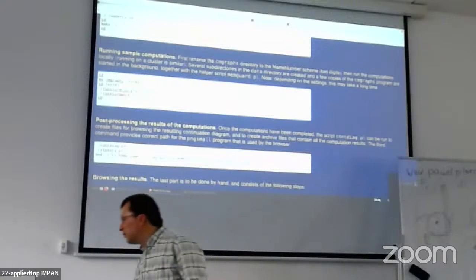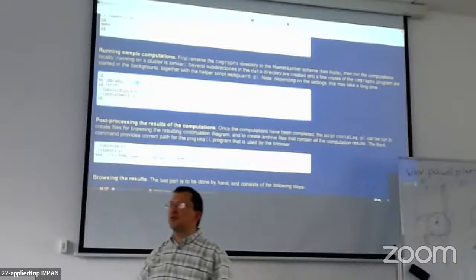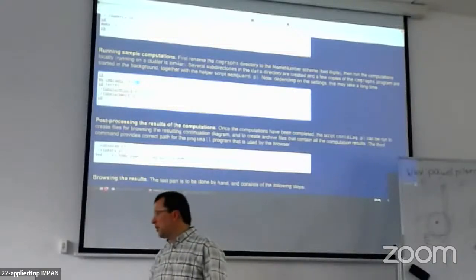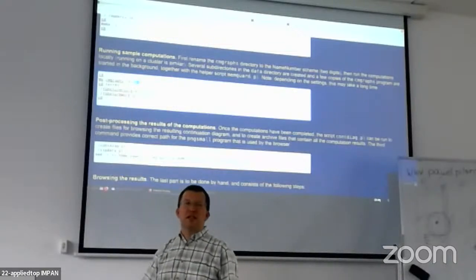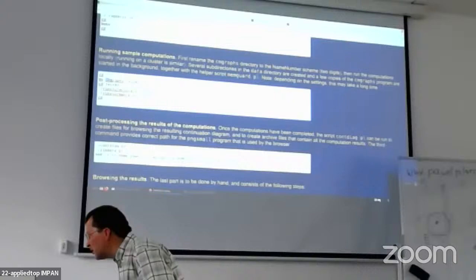So I always put some name with letters and then 2 digits, like 01, 02, 03. And in some computations, before the results get published, I get up to 30 or 40 attempts. So my suggestion is to rename the subdirectory CN graphs to test 01,